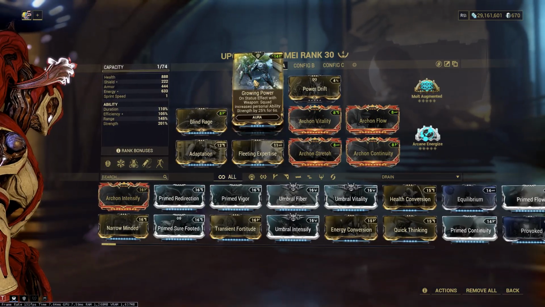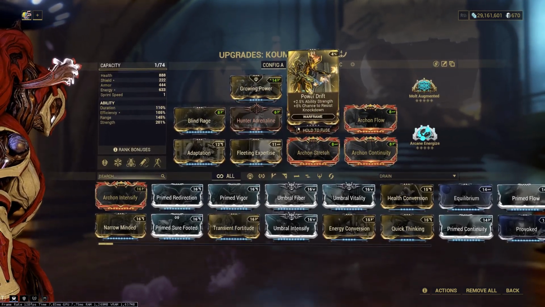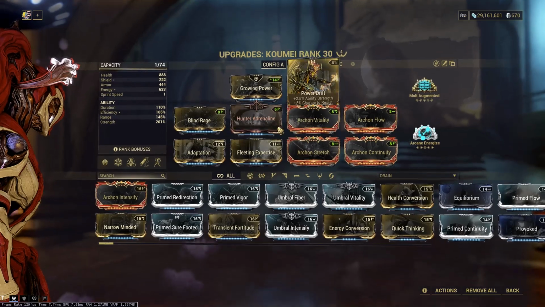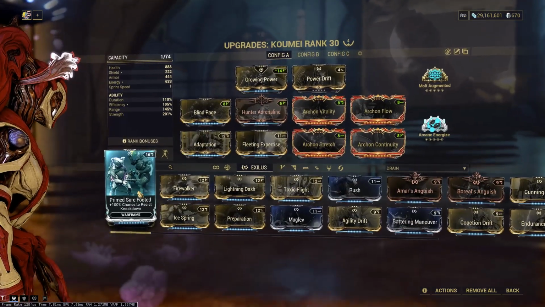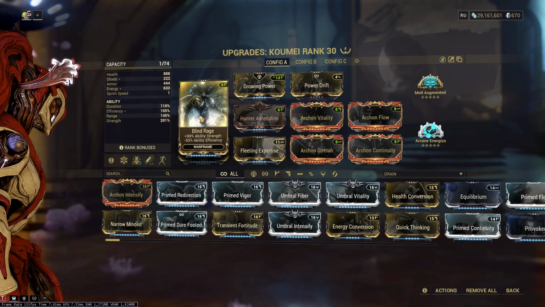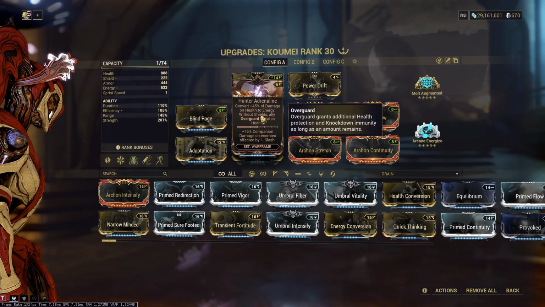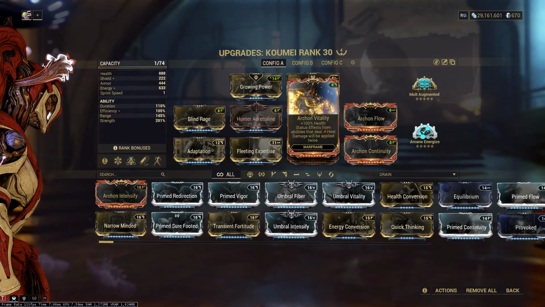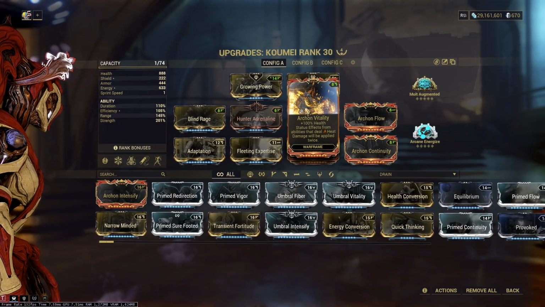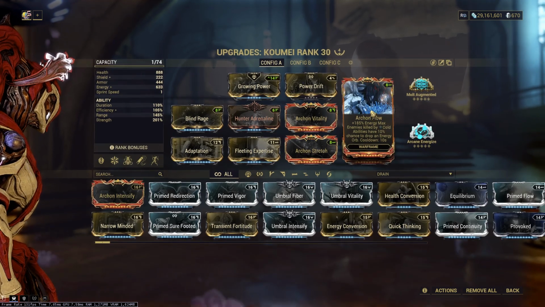I have Growing Power for more ability strength in my aura slot, Power Drift in my Exilus slot, but if you want to invest more formas on your Koumei, you can of course use, for example, Prime Sure-Footed or any other Exilus you want. Blind Rage for more ability strength at the cost of ability efficiency, Hunter Adrenaline to convert the damage we take on health to energy, Archon Vitality for more HP and also to double the amount of hit statuses we apply, Archon Flow for a bigger energy pool, and also to drop energy orbs,